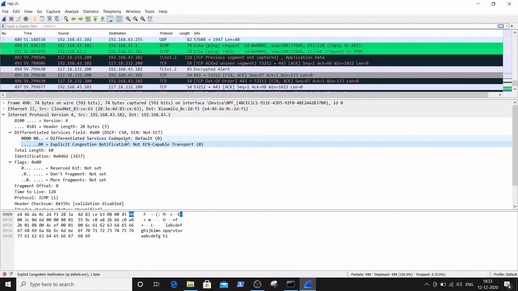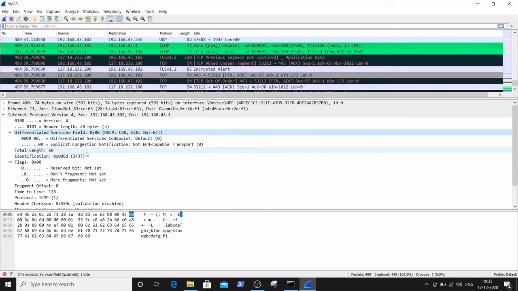And there is another field parameter, ECE, which stands for ECN-Echo, experiencing congestion. These values are set to 0 by the host itself. You can see the values highlighted in the data view window, 0 0, and they are set by default by the host.